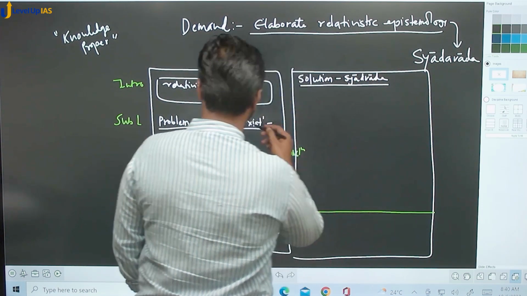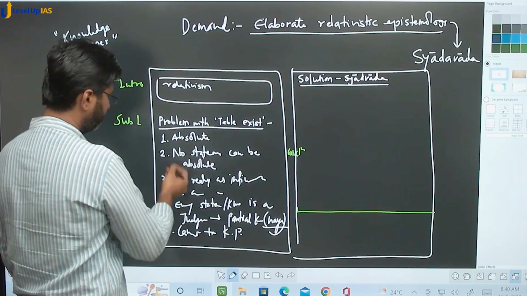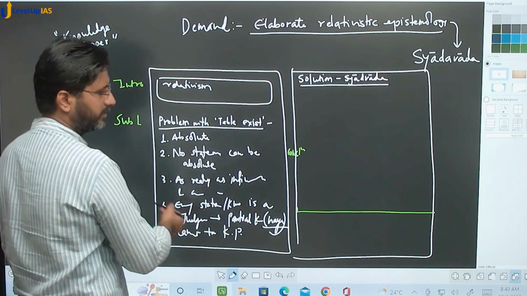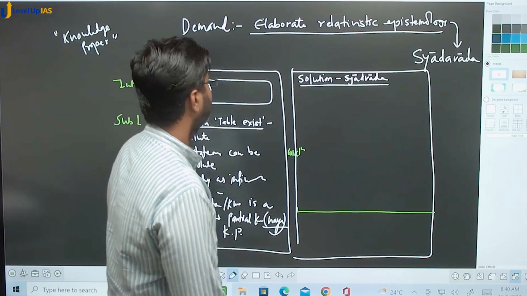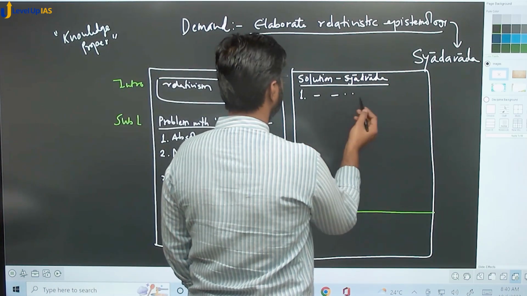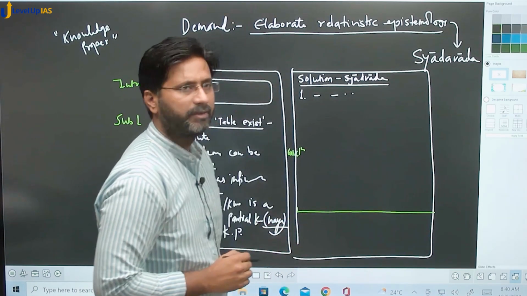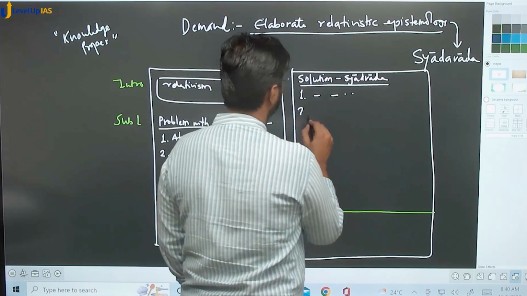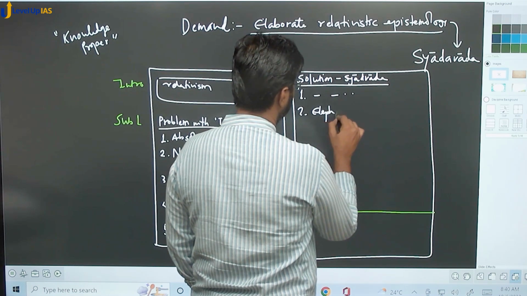As I mentioned, this will actually come here. If you write 3-4 points, it will come here only. If you write in your paper, then in Syadwad you talk about Syadwad. You know this relative. This thing is judgment is relative. Give example of elephant and blind man,